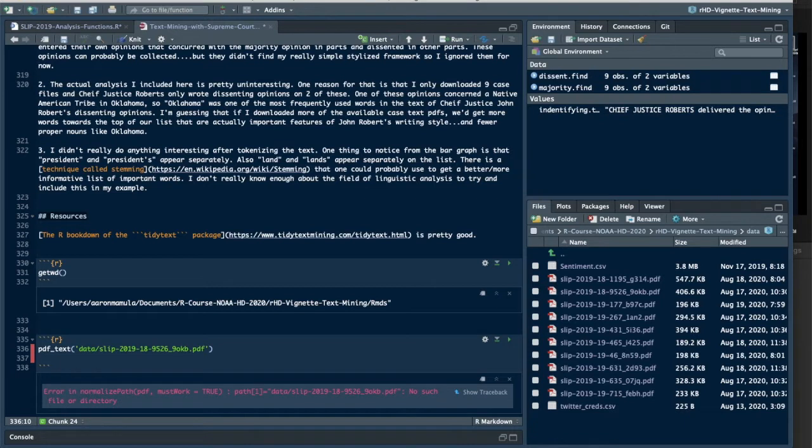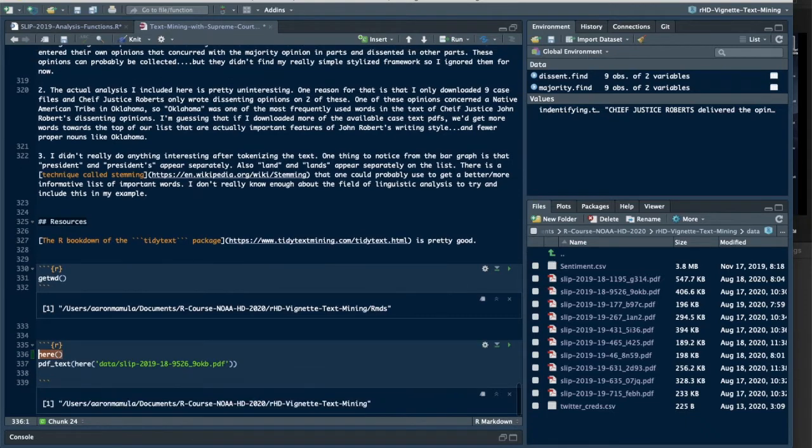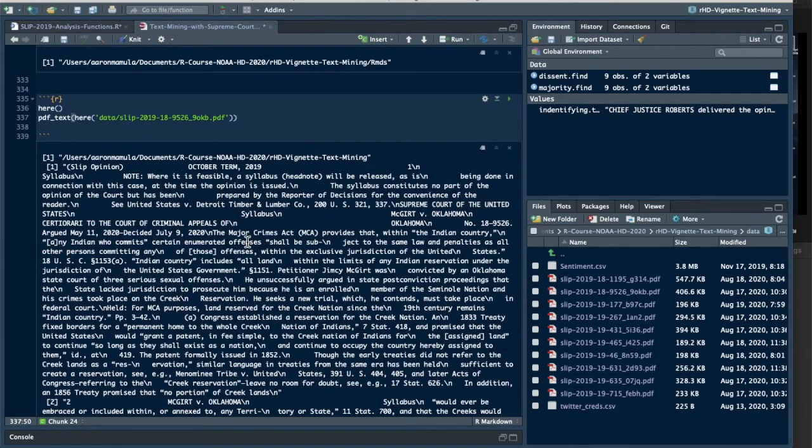But if I use the here function, as I demonstrated before, here will always default to the root directory for the project. And so using here, I can use the relative file path for the data directory, and it will work out okay. Like I said, I know that that's a pretty big diversion for what might seem like a pretty small